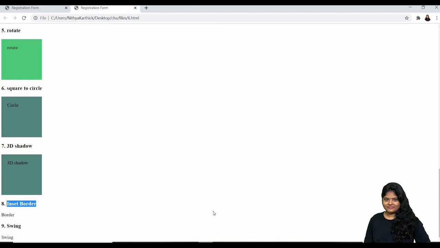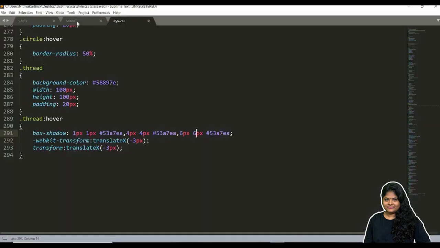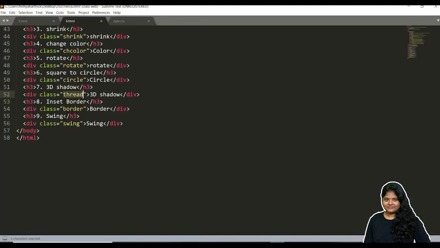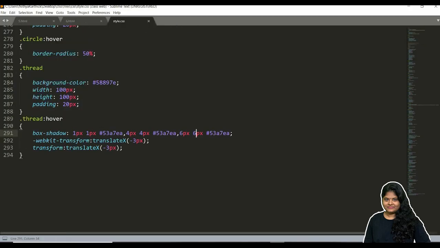Inset means it will visually look like going inside, so that is inset. Come here, check. Yes, this should be done in a border, so that's why we are giving it as a border class. Just dot border open. Here you can give the border like we have given box shadow, right?